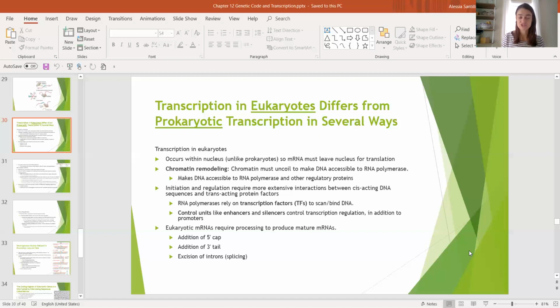Yeah, and then we have enhancers and silencers, which are called control units. So in addition to the promoters, we have these guys, these cis-acting elements on the DNA. In addition, then,